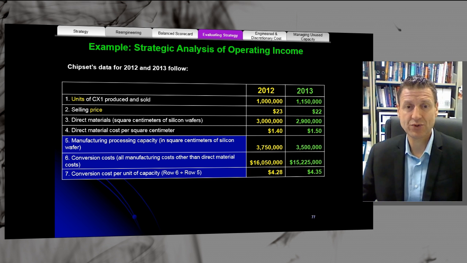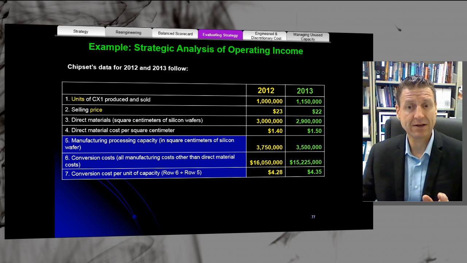What about direct material costs? This is not price, and this is a direct material cost, so it's a variable cost. $1.40 in 2012, $1.50 in 2013. You see the costs have gone up. What about manufacturing processing capacity? That really has gone down from 2012 to